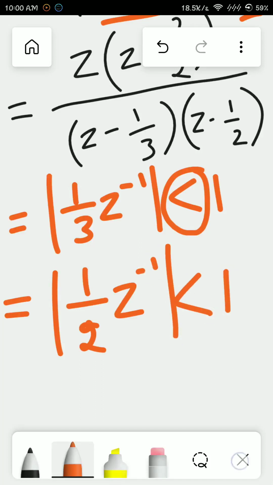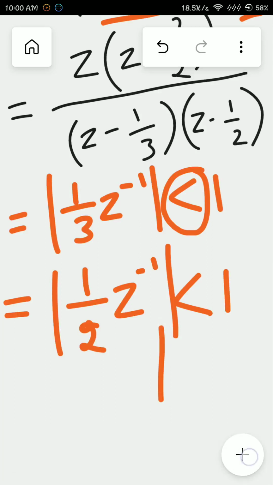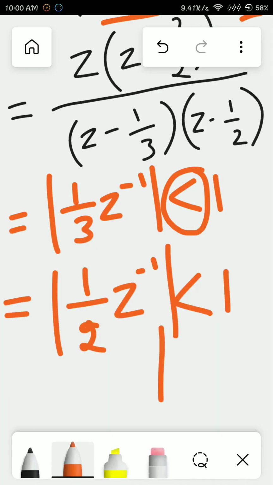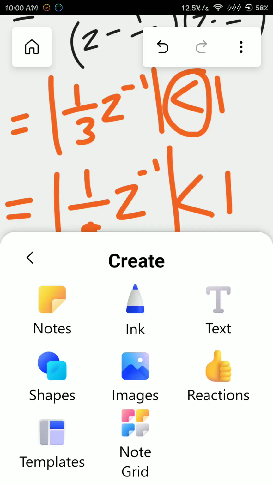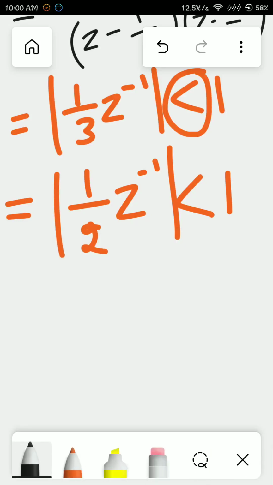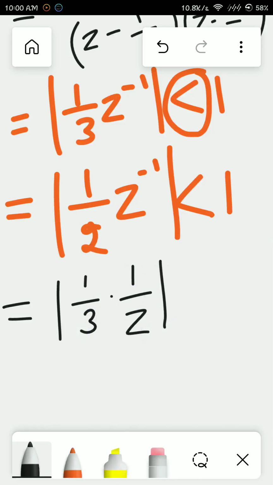So now if I take, what I can say, the 1 by 3, yes, just a second, I'm really sorry for the distraction that is happening over here. Yes, so it is, if you consider, that is what I can say, the 1 by 3 z inverse. So if you consider, so you get it as, that is 1 by 3 into, that is 1 by z whole modulus, that is lesser than 1, or I can say that, that is your z modulus is greater than 1 by 3,